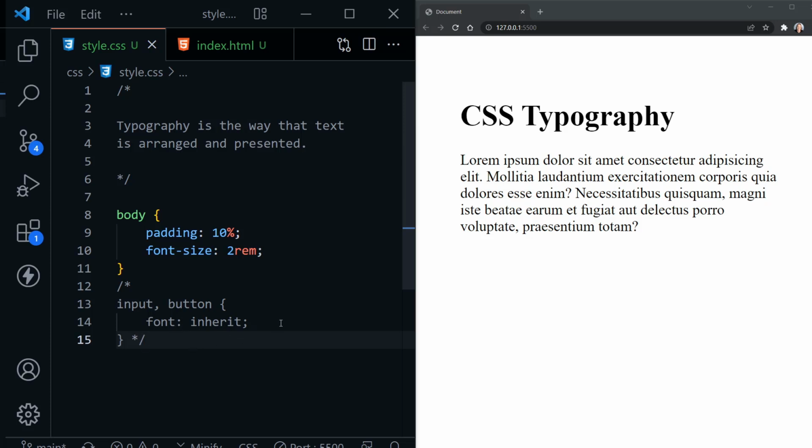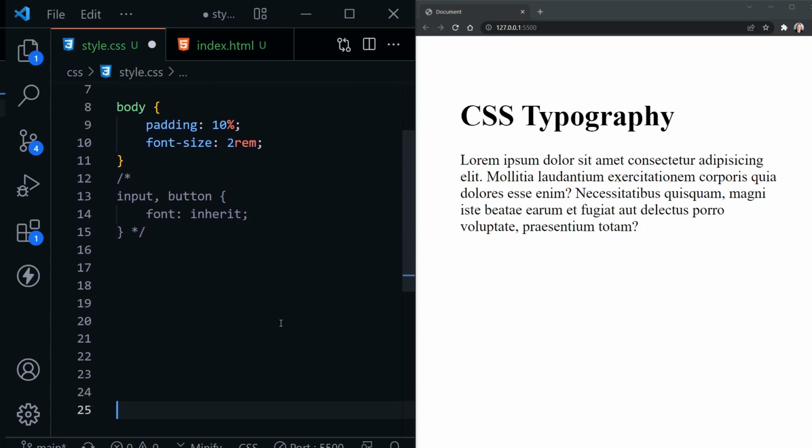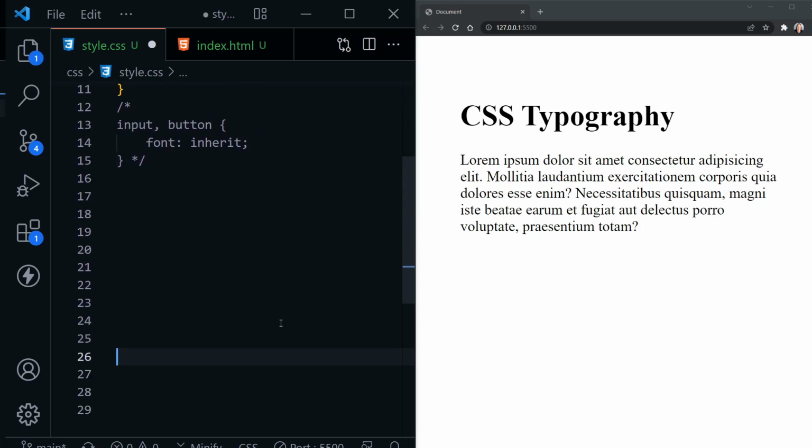Now when I'm speaking, sometimes I will say font when I mean text, but they are really two different things. Notice I'm creating a little extra space here in our CSS. So we have some text settings that aren't impacted by the font choice at all. And let's go over those first. So let's select our paragraph here on the page, and we'll set some text settings for that. And the first one we should go over is